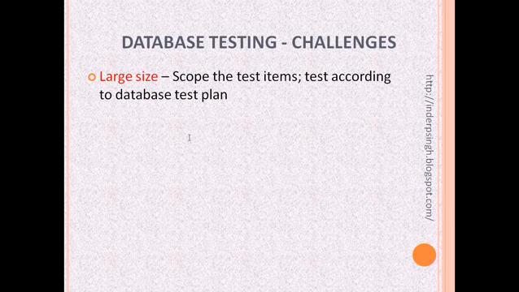So the thing to do is first find out what are the important things that you need to test. If it is only an incremental change from one release to another, you may just want to test the newly added stored procedures and newly added views, and you may just want to test the data of the important tables that the users use very frequently, or tables that contain important information such as financial information or health related information, or information that is required for legal compliance, if you have less time. So you can scope the test items.